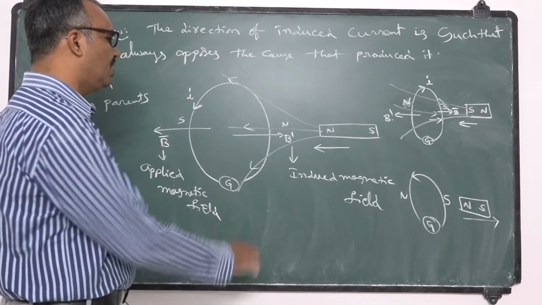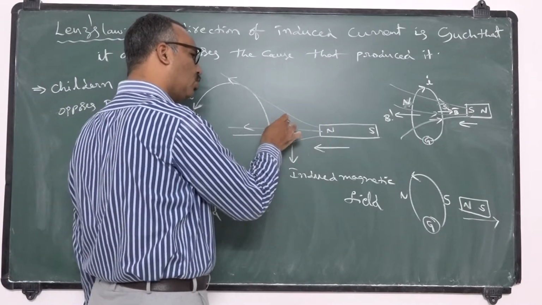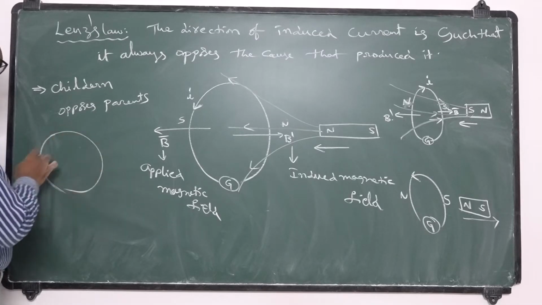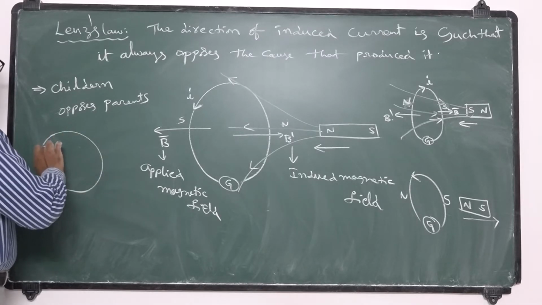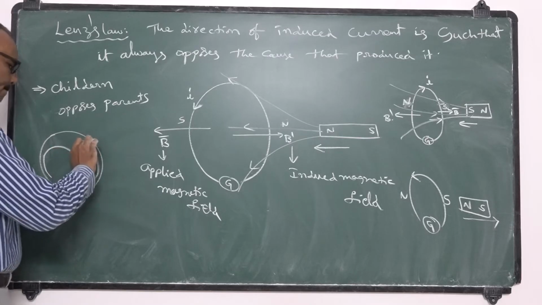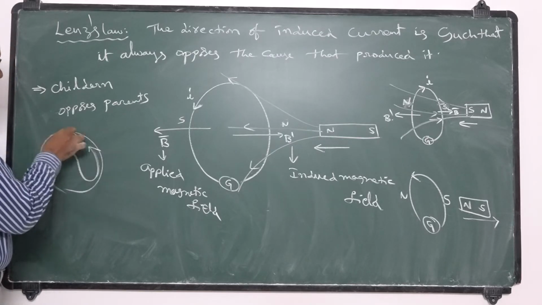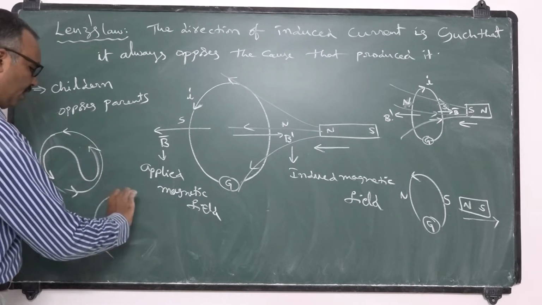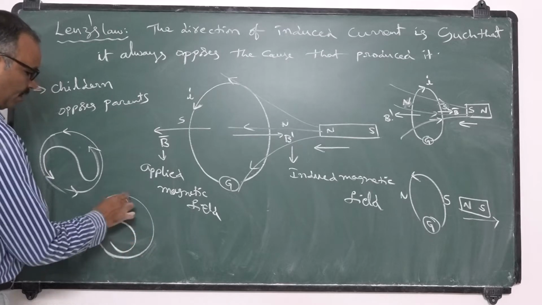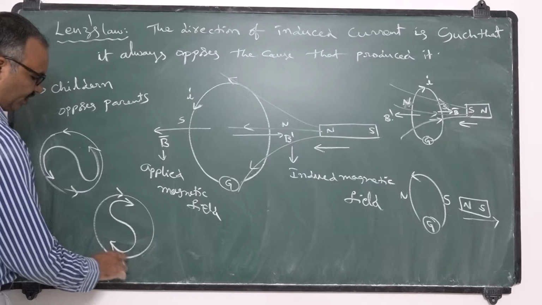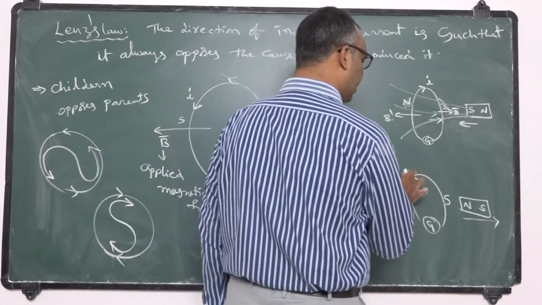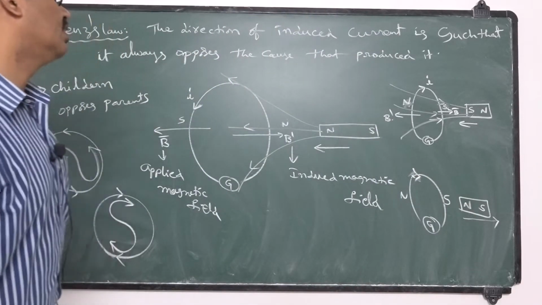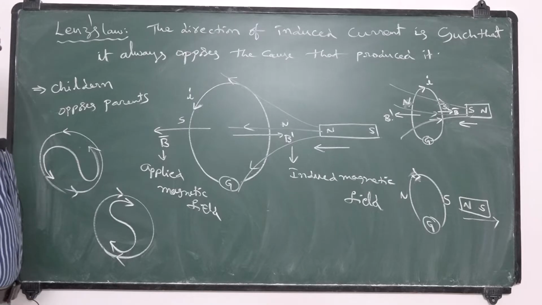You see here, when north pole is coming forward, here north pole should generate. Earlier I told, in order to have north pole, north means N. N means like this. Which motion? Anti-clockwise motion generates north. Similarly, clockwise motion generates south. Here it is wrong. Clockwise motion is correct. So this is the direction of current, induced current according to Lenz's law.